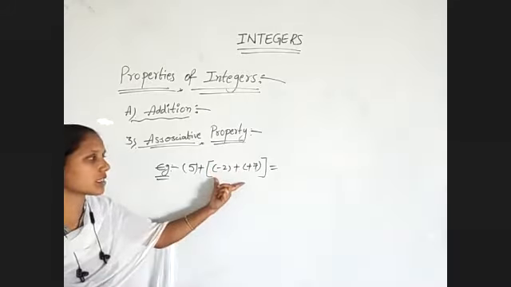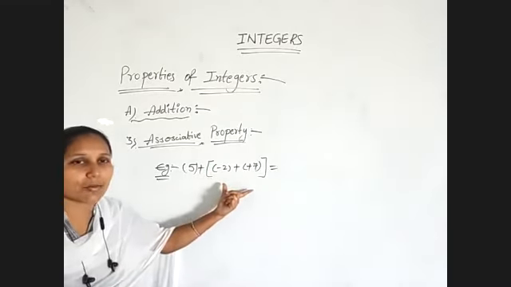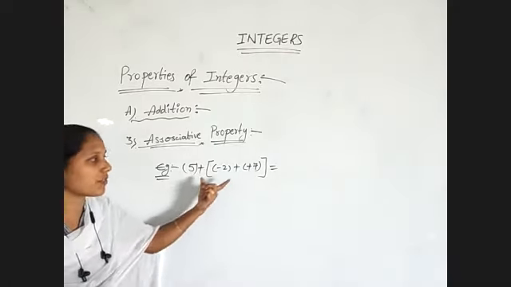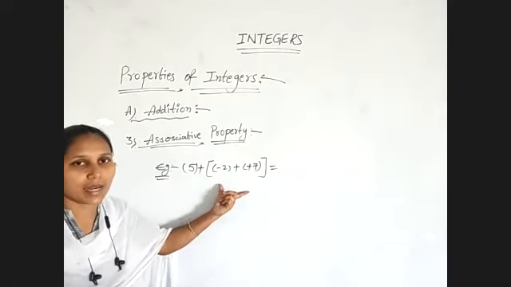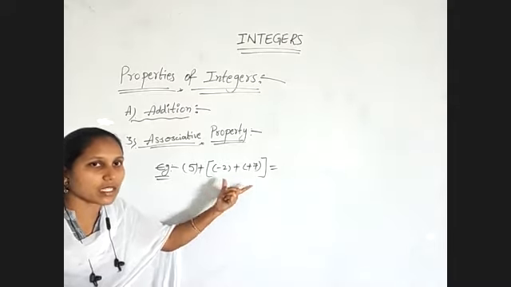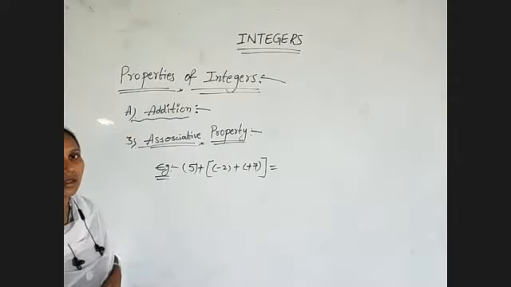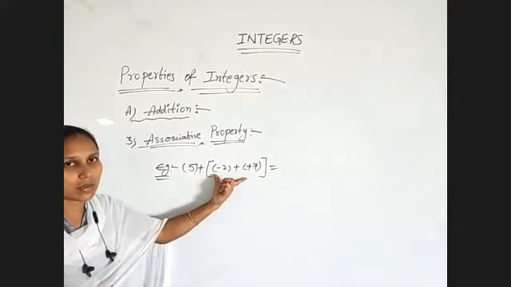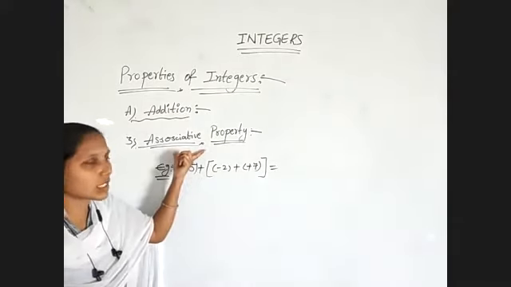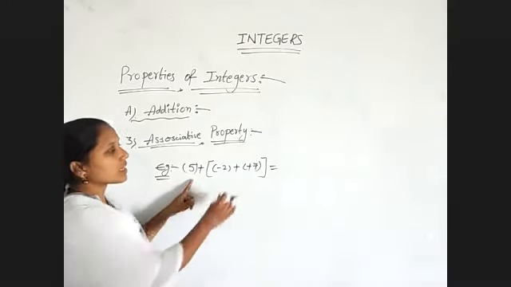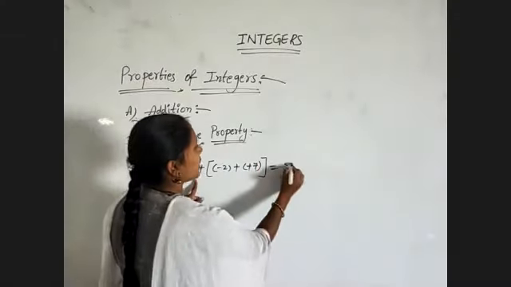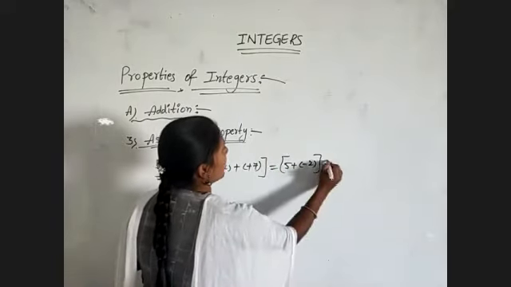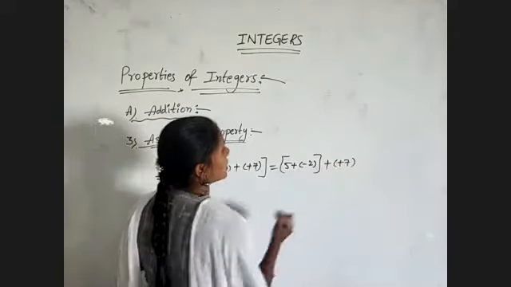What is the use of brackets, you know already. If we are performing any operation, first preference we have to give to the brackets. Whatever is there in the brackets, we need to simplify first. So in this case, first we need to simplify this. According to the associative property, if we change the order, here I'm performing this operation first, and plus 7. This must be equal.